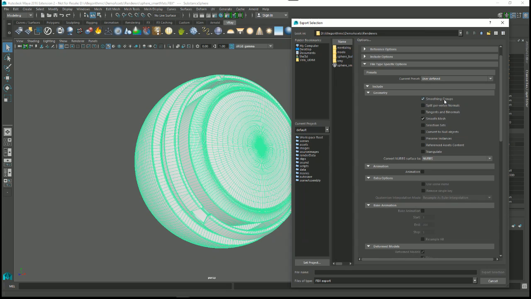So we have smoothing groups and smooth mesh. I don't really need that for now, so we'll turn that off. And what I want to talk about here is the smoothing groups. Where this really comes into play is when you're thinking about the tangent basis that you're going to use,